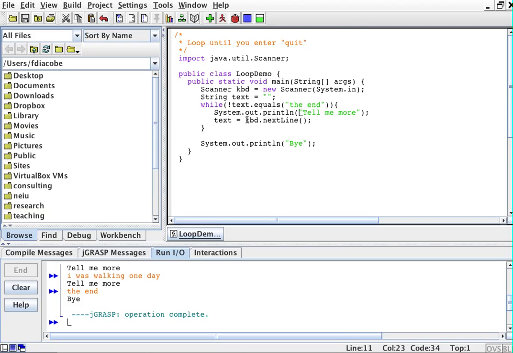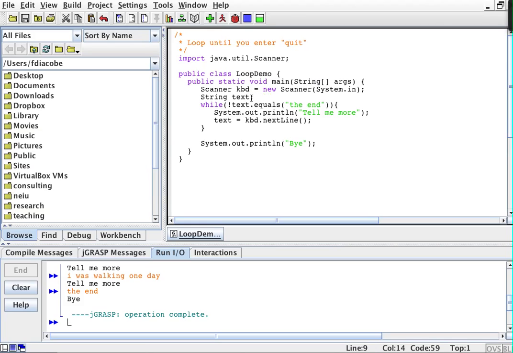Now, the difference between this and do is that the do loop goes through the body, which is what would be here, once and then checks for the while. The while loop, on the other hand, first checks to see that this is true, and then it does whatever it needs to do. So for example,